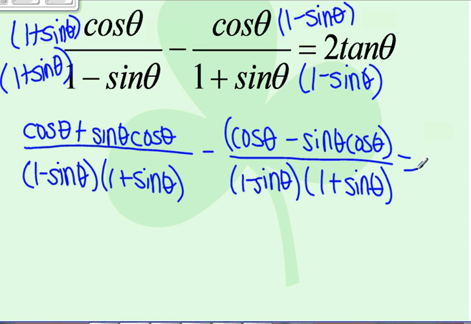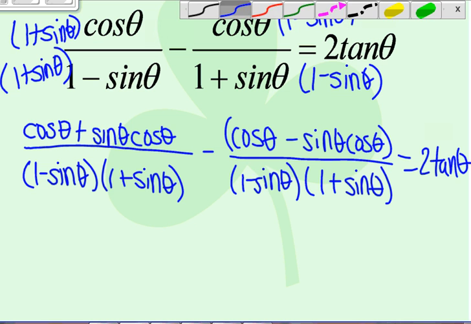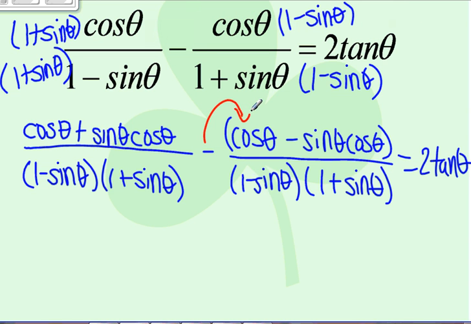And it still equals that 2 tan theta over there on the right side. All right, so I have to remember to distribute this negative in, which is why I made sure to put that in parentheses. So it's going to be a minus cosine theta and a plus sine cosine theta. So in the top, now that my bases are the same, I can